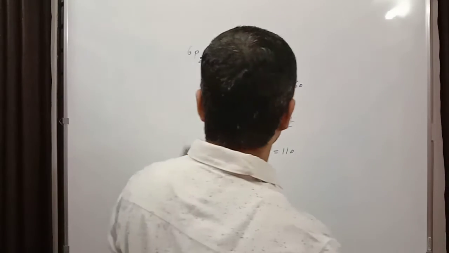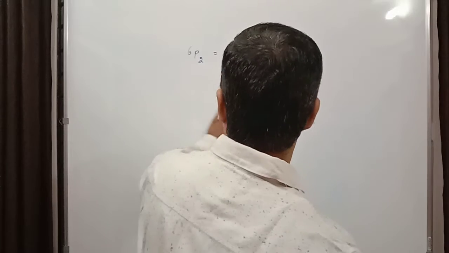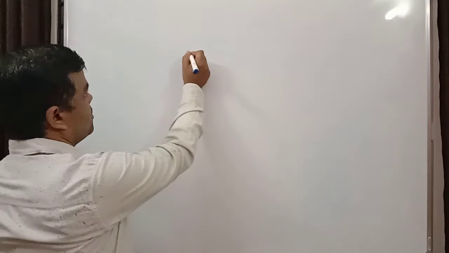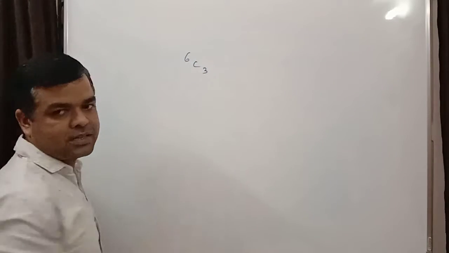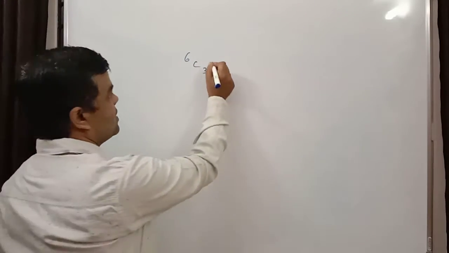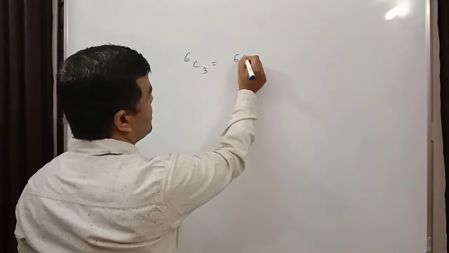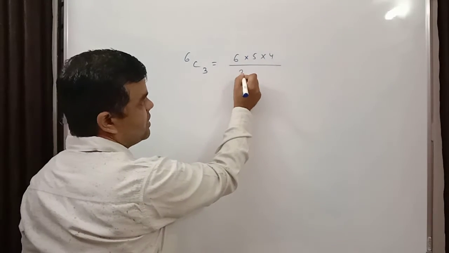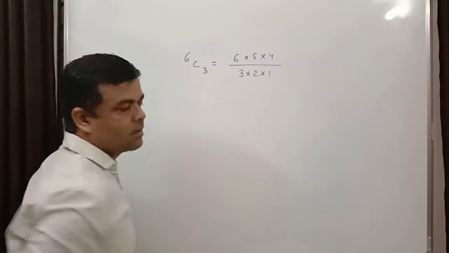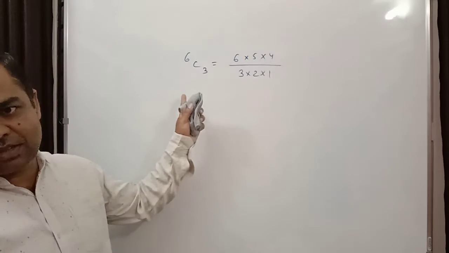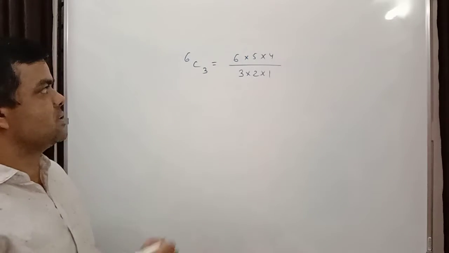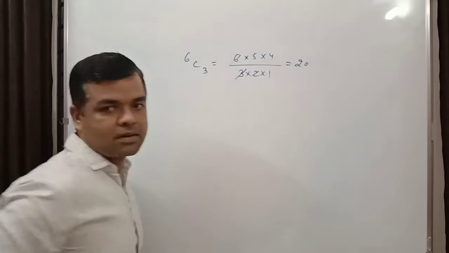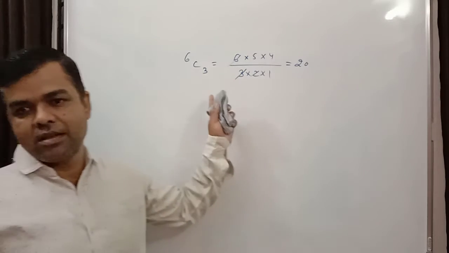Okay, so now take the case of combination. Suppose 6C3 is given. This is a different case, just pay attention. So 6 into 5 into 4, and here it is combination, so you have to write 3 into 2 into 1 below. Easy one. Note down the difference between permutation and combination. Now cancel: 3 twos are 6, and 5 fours are 20, so 20 will be the answer. No need to remember the formula.